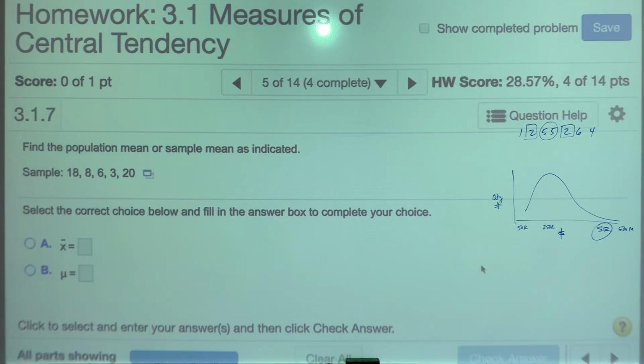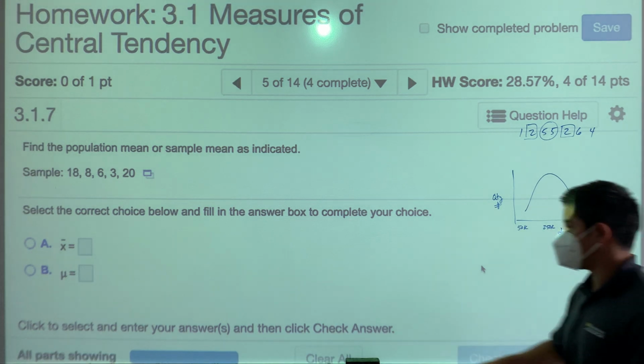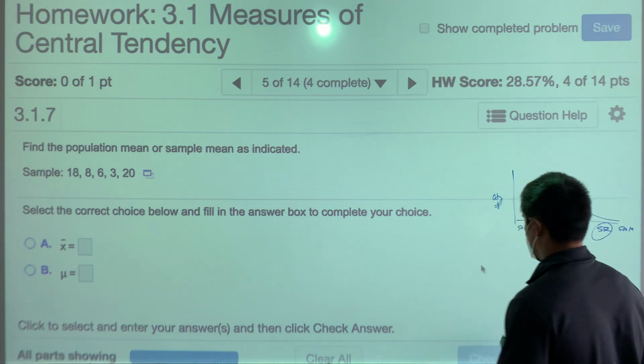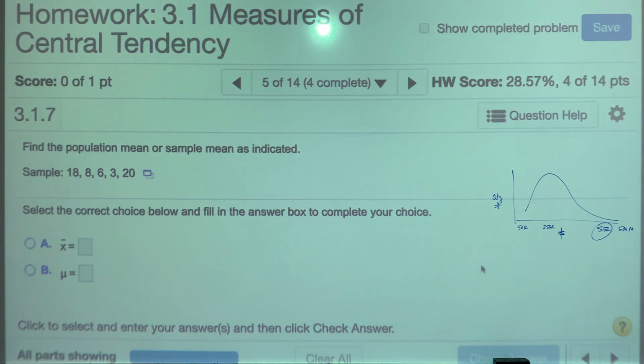All right, so let's go and answer our first calculation. You'll probably want to pull a calculator here. Of course, my calculator is filming right now, so if you will help me with this, that would be great. I could also pull this up on Excel and we will do some Excel work, but for this one, I'm not even going to mess with it. So find the population mean or the sample mean.